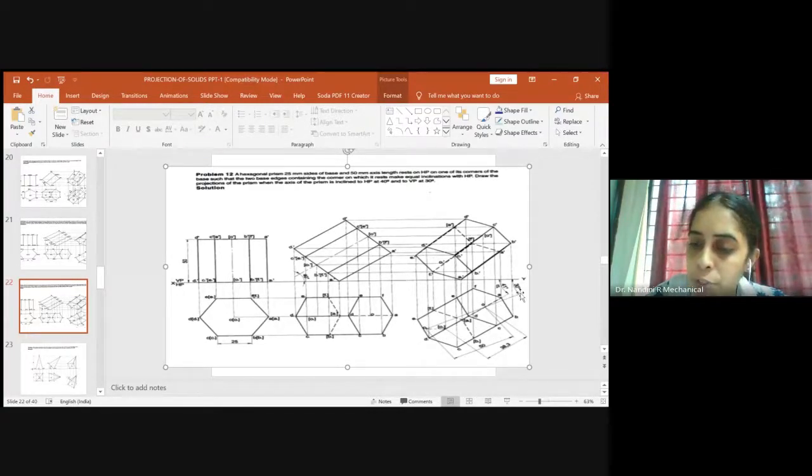So first you take 30°. On 30° you will measure 50 mm. Keep one end of the compass here and cut an arc. Where it meets, you name it as O1. From O1, you draw the locus line. Once you draw the locus line, you come to the second stage and measure the apparent length from O to O1. Please measure the apparent length from the second stage and come back to the third stage.